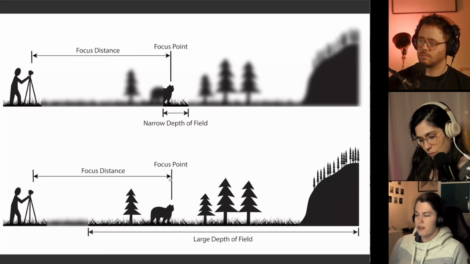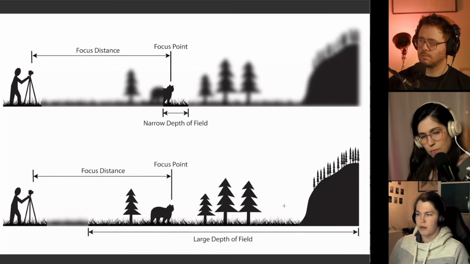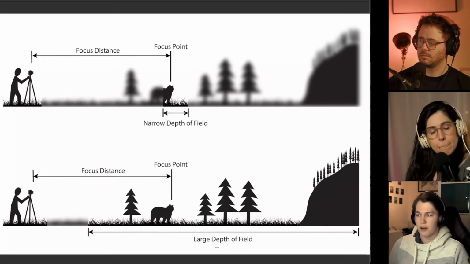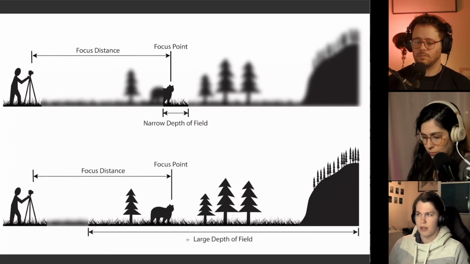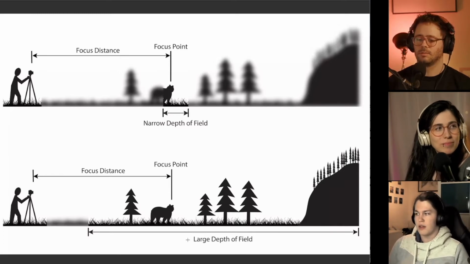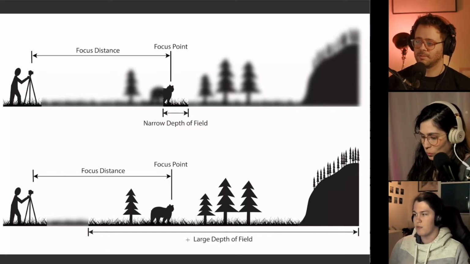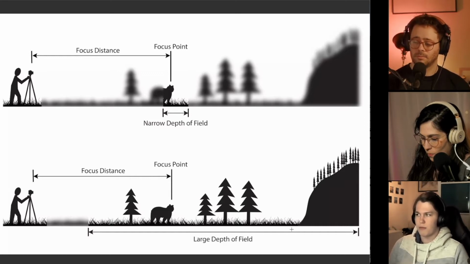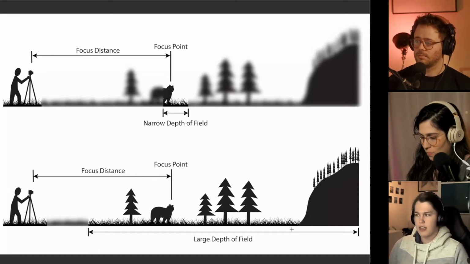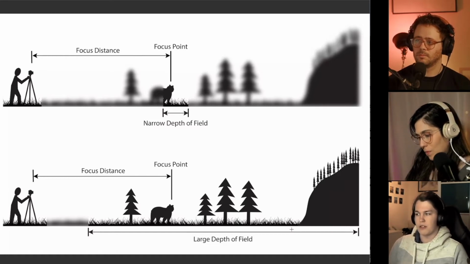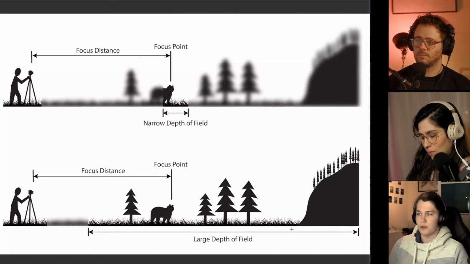And in the second picture, the bottom one, you see a larger depth of field, which is made with a higher f-stop or a smaller aperture. So the hole is smaller, which is a slower lens. You see that there's more background also in focus. The blurred background can be used creatively, mostly for portraits, but especially in landscape photography, you want everything in focus. So you should decide which one you prefer.